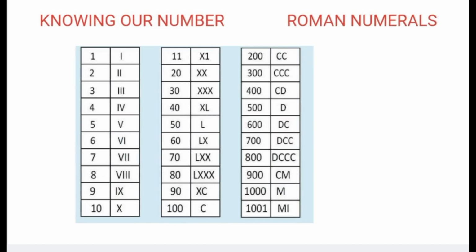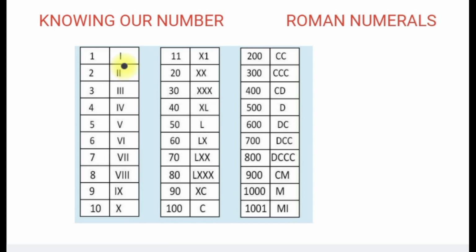Let us see the next one. Here we can see the numbers in Roman numerals. 1, as I told you, is the symbol written like this. 2 is 1 plus 1. 1 plus 1 plus 1 is 3. Now 4: this 1 is written to the left of this symbol 5, 5 minus 1, we get 4. This is the symbol for 5. For 6, we just add this 1 to this, as we have written this 1 at the right-hand side of a greater value. 5 plus 1, we get 6, right?